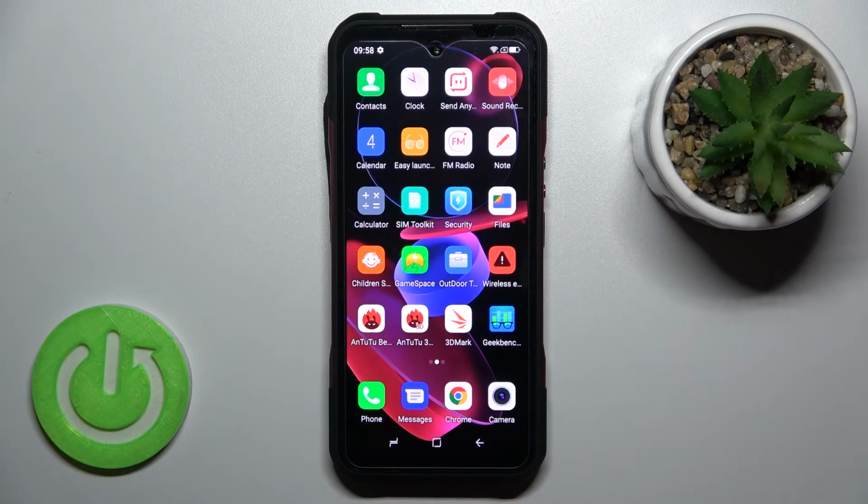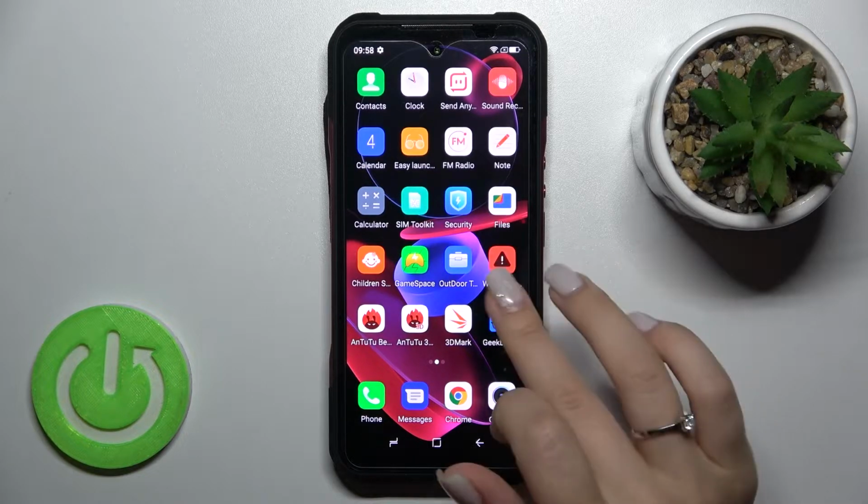Welcome, today in front of me is the DOOGEE V20 and I'll show you how to create home screen folders on this